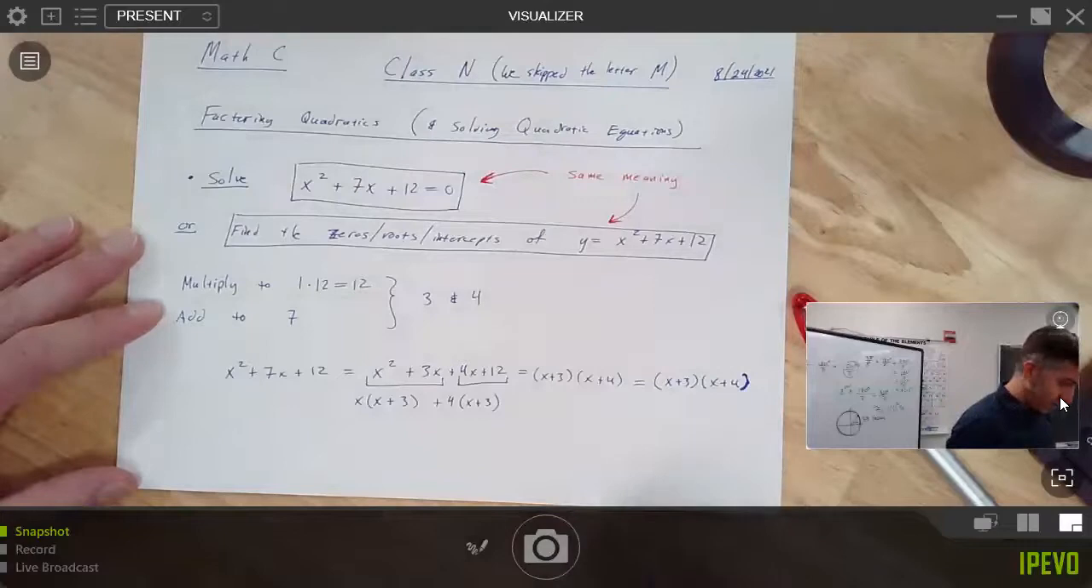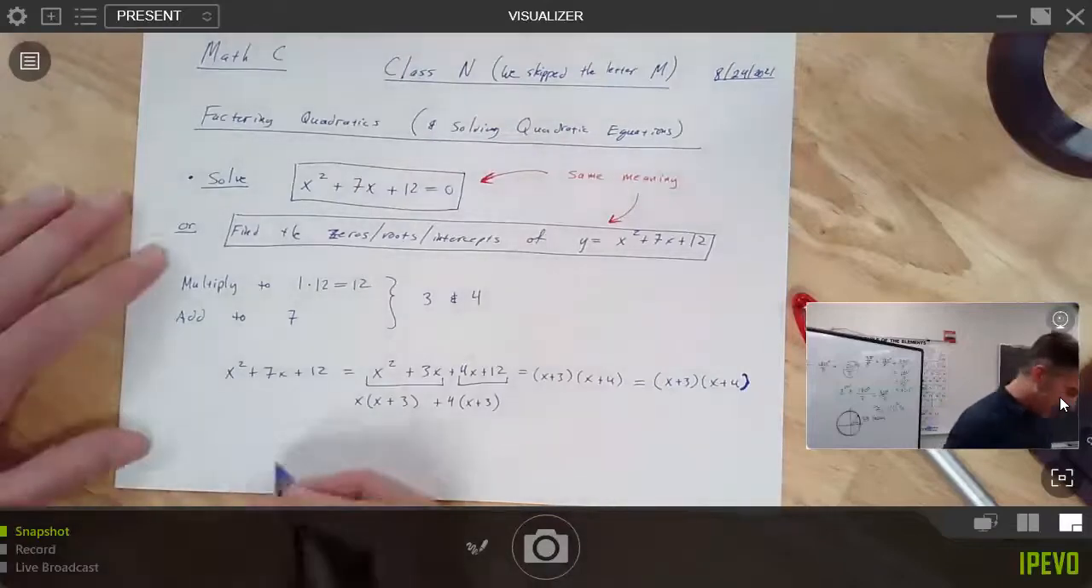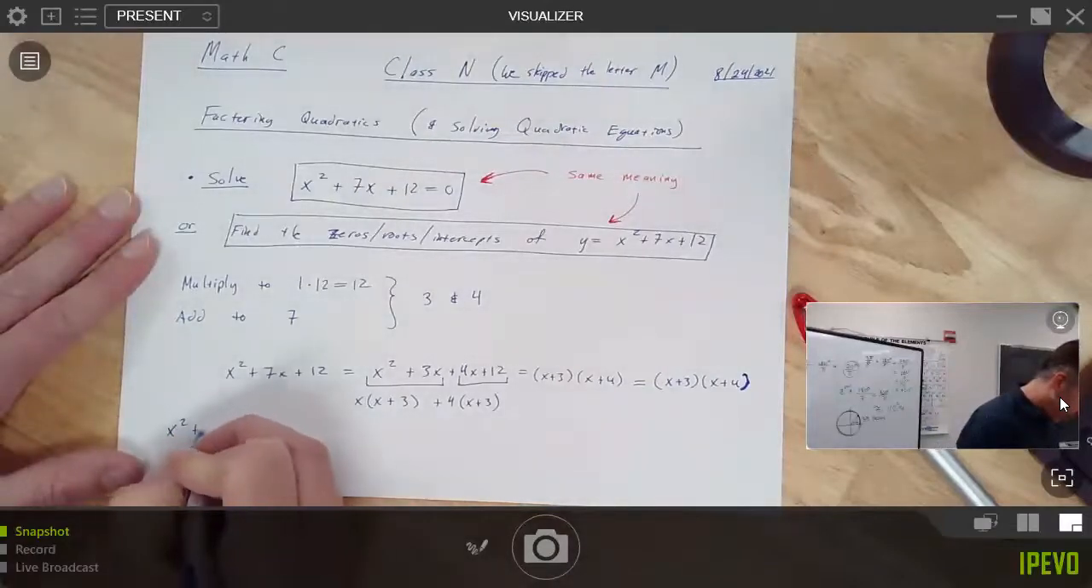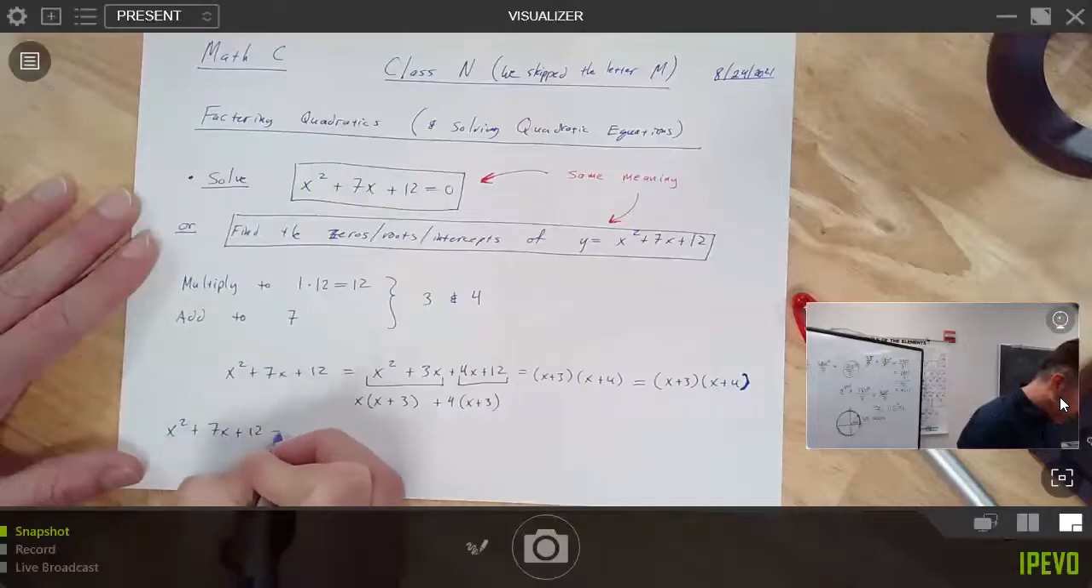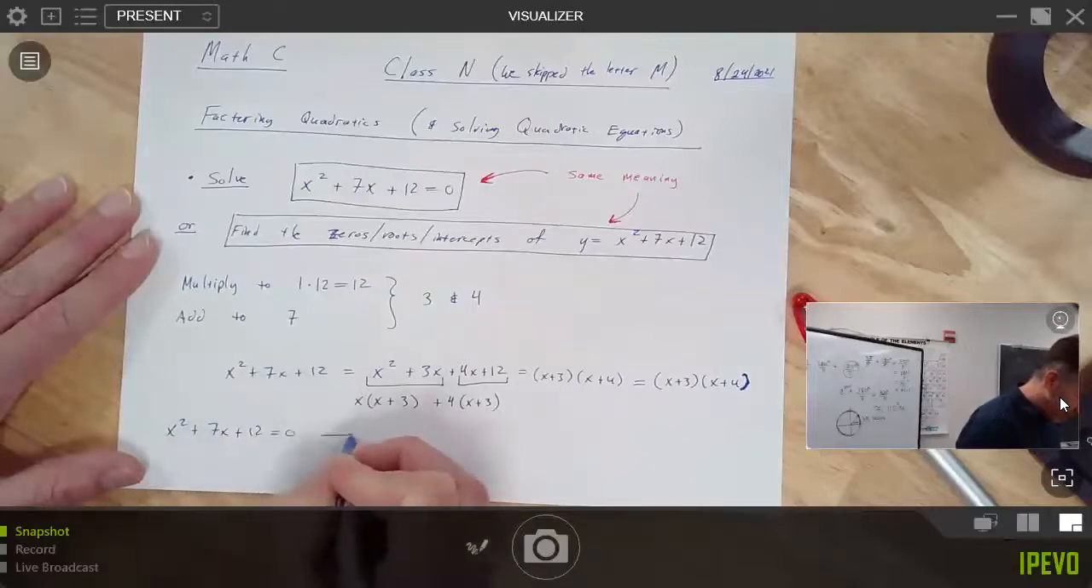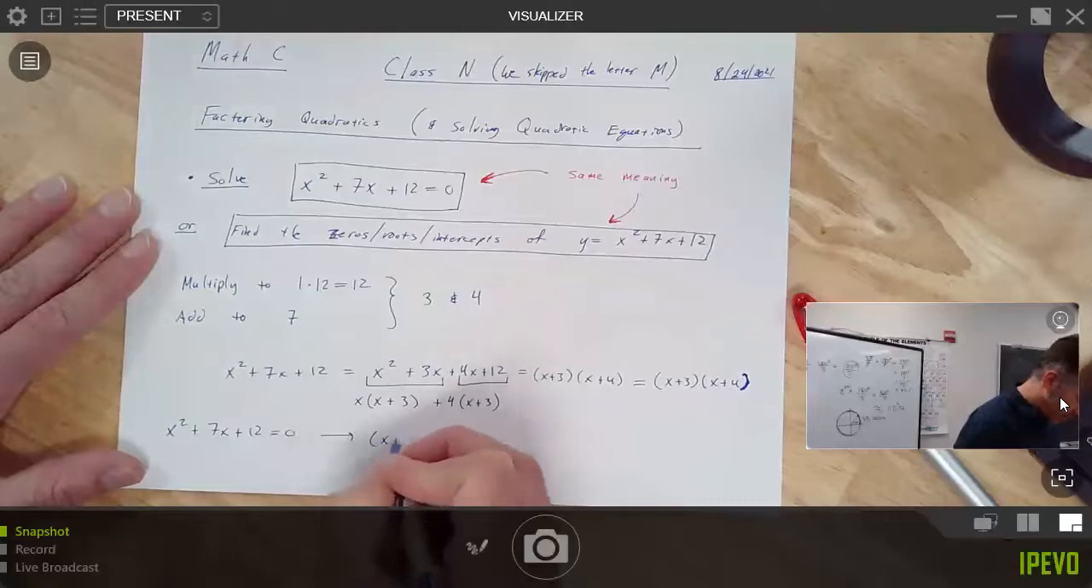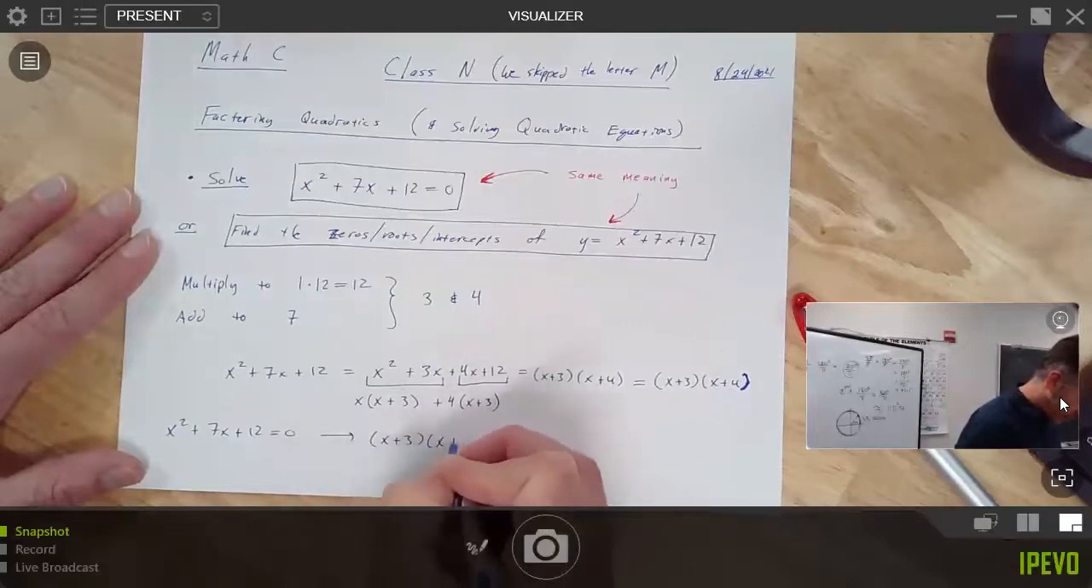So let me see what else I want. So now we want to solve this. So we were trying to solve x squared plus 7x plus 12 equal to 0. So that's going to become x plus 3 times x plus 4